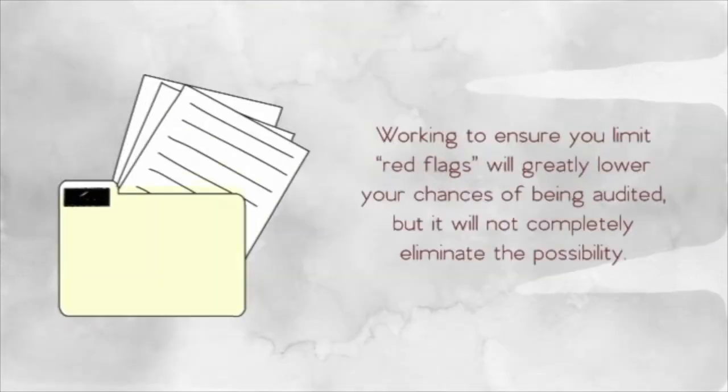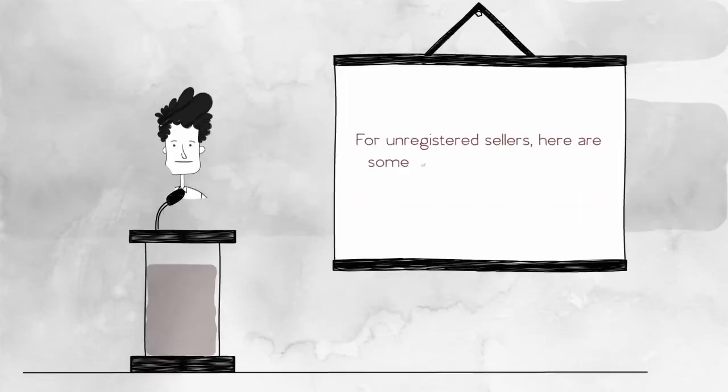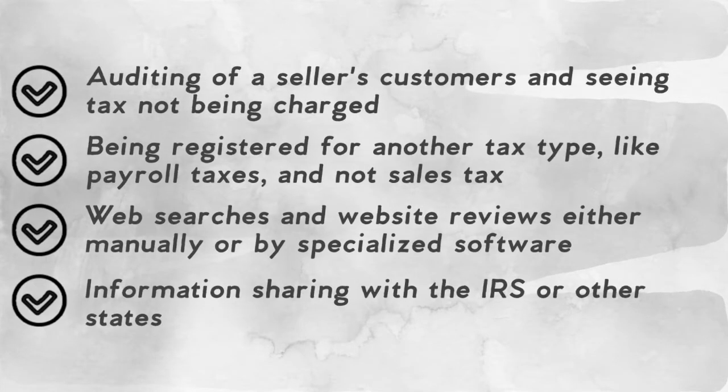Working to ensure you limit red flags will greatly lower your chances of being audited, but it will not completely eliminate the possibility. For unregistered sellers, here are some of the ways states find companies to audit: auditing of a seller's customers and seeing tax not being charged, being registered for another tax type, like payroll taxes and not sales tax, web searches and website reviews either manually or by specialized software,